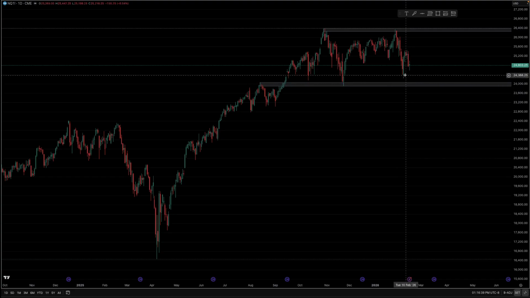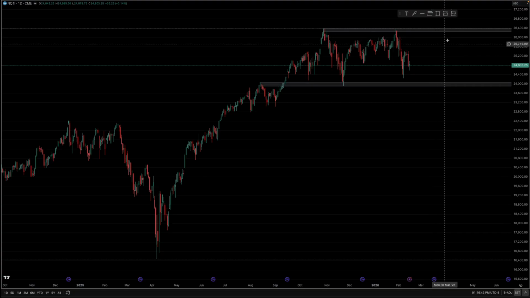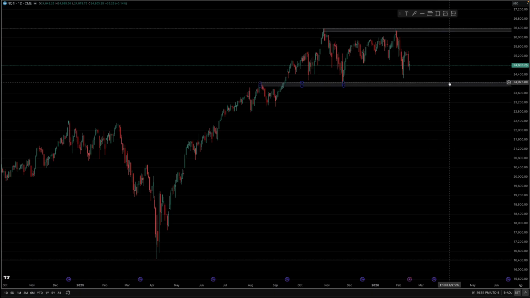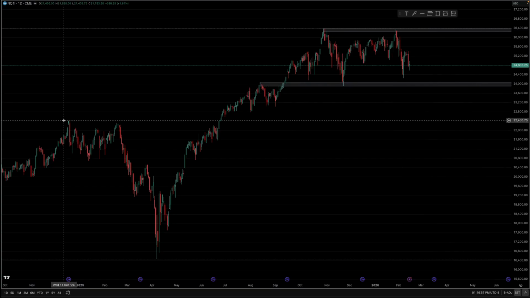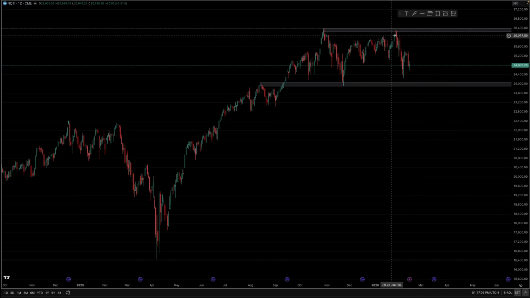I want to be a buyer in demand and a seller in supply until the market breaks range and sees upside trend or downside trend. In my humble opinion, NASDAQ is currently setting up, in the middle of February here, 24,000 as our local swing low. If we get below this and see selling, I do think the market's most likely to pull back to these prior all-time highs. And if we hold this level and we eventually see another bounce here, we most likely don't